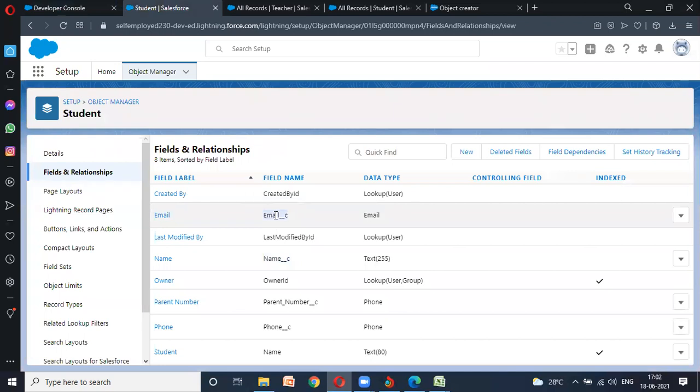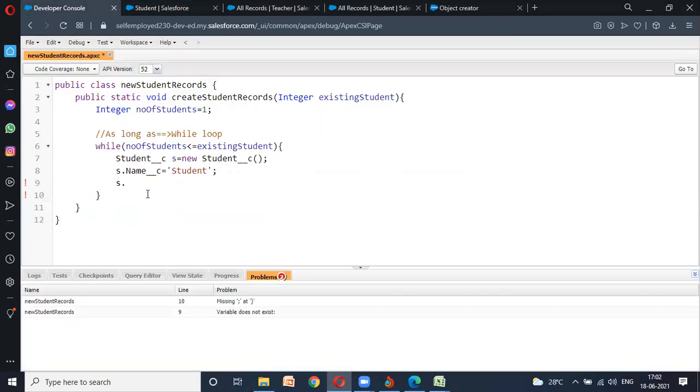Now email equal to, I will give it again student at the rate gmail.com. Okay.